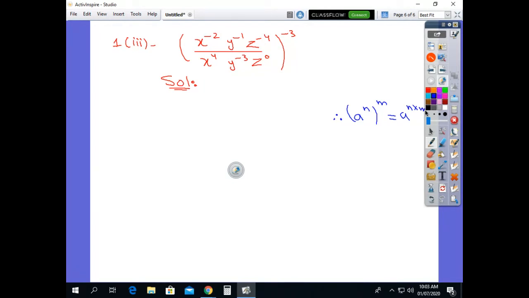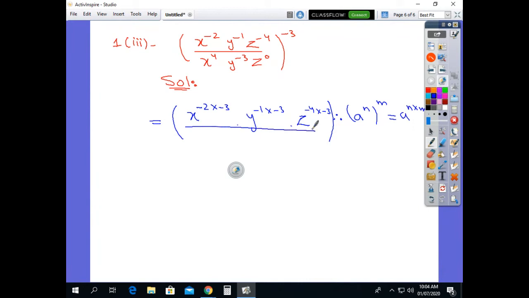But as a whole, we have a power negative 3. We multiply this negative 3 with the powers of every variable. Then we get x raised to power negative 2 multiplied by negative 3, y raised to power negative 1 multiplied by negative 3, z raised to power negative 4 multiplied by negative 3,